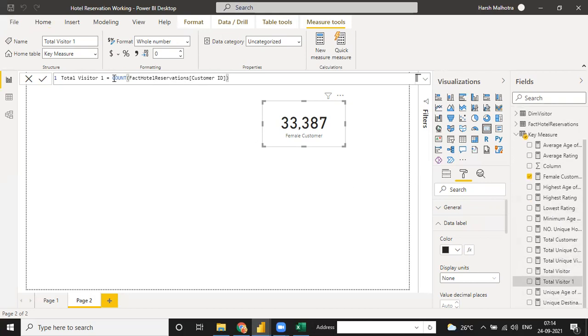See, from this function only, just to calculate a total customer, but you have to filter.